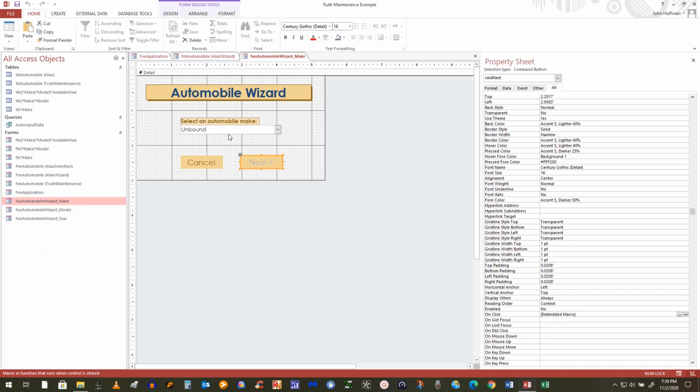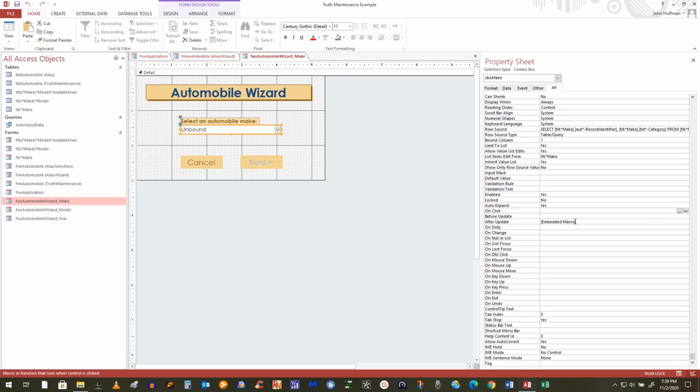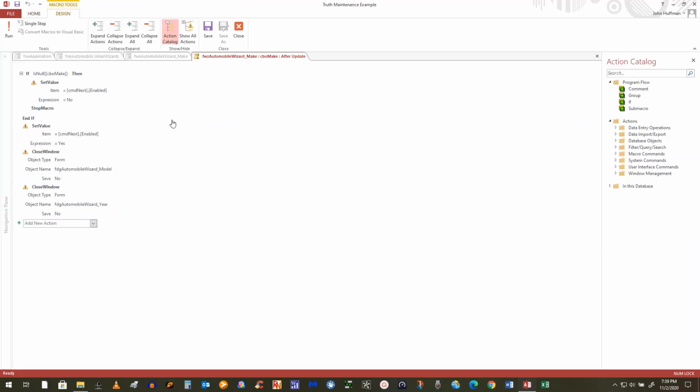The one thing I forgot to show you, though, was that on this box there is an after update property. After update runs after the value is actually changed in the box. So if I had a value in there, say I came back to it from one of the other ones, and I set it to null, then it's going to say disable that button that lets me go on, and that might be when it actually runs that command saying you must pick a value. Well, it won't activate that button until it does have a value. So maybe it won't even do it there. But anyway,